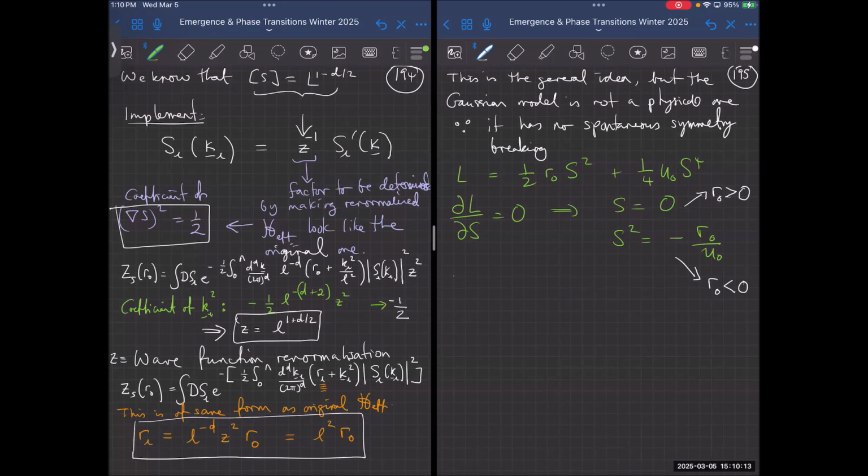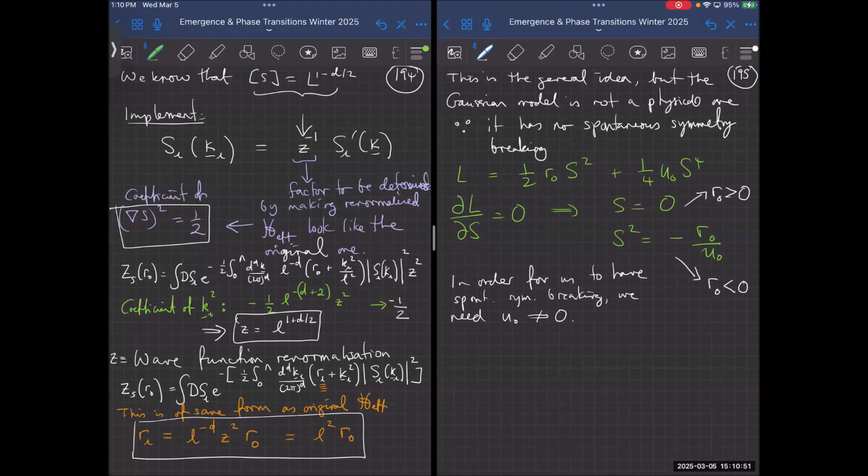So what that means is that in order for us to have spontaneous symmetry breaking, we need u naught to not be 0. And so if u naught is equal to 0, the only solutions that we can get in the Gaussian model are with S equals 0. In other words, there's no symmetry breaking. So now let's put in the